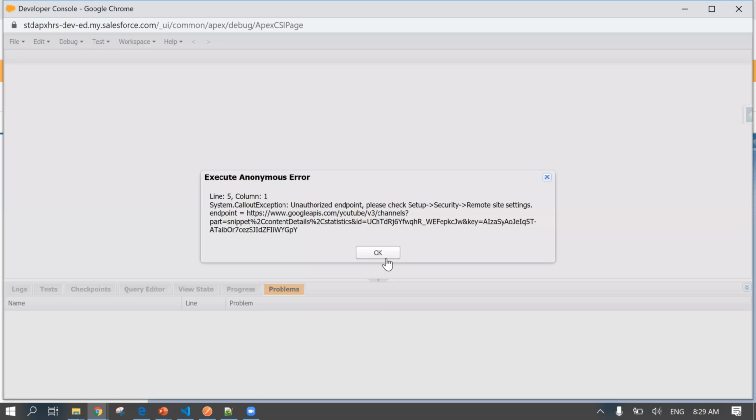As I told you, I had made the remote site settings inactive, so it doesn't know that it's a secure callout, and it gave me